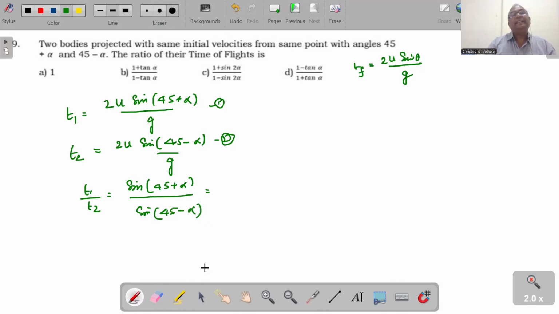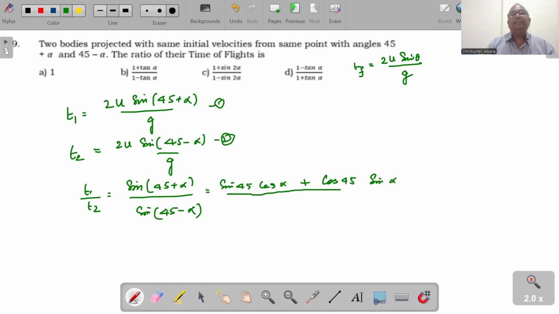Sin(a plus b) is sin a cos b plus cos a sin b. So the numerator is sin 45 cos alpha plus cos 45 sin alpha,